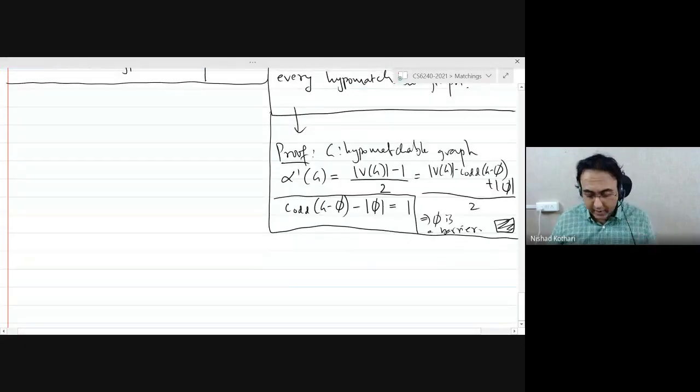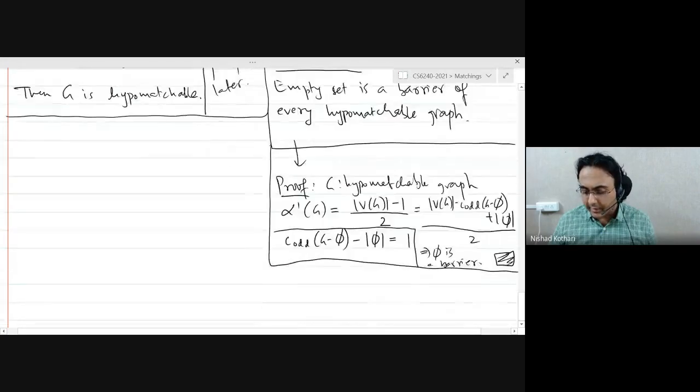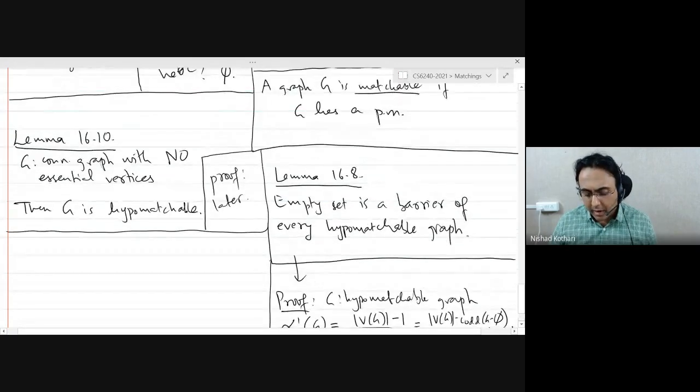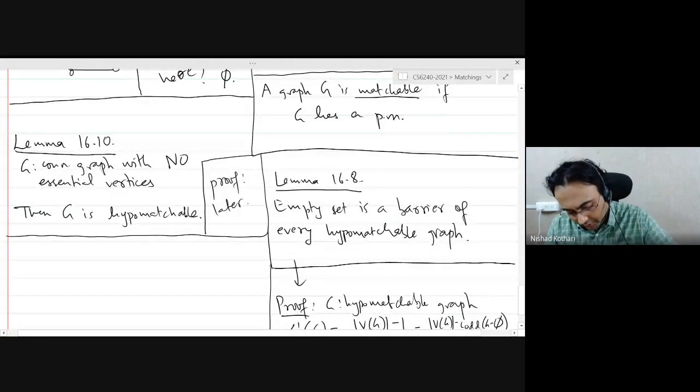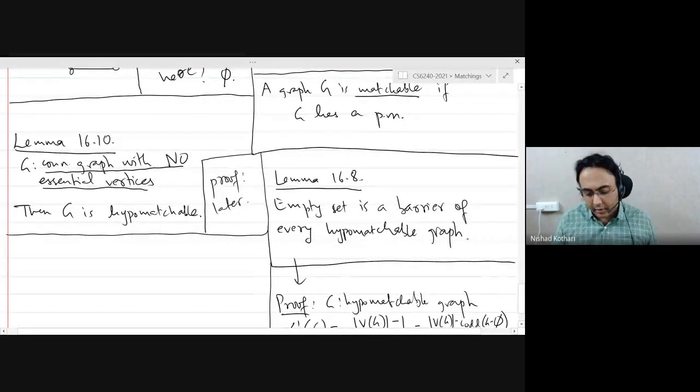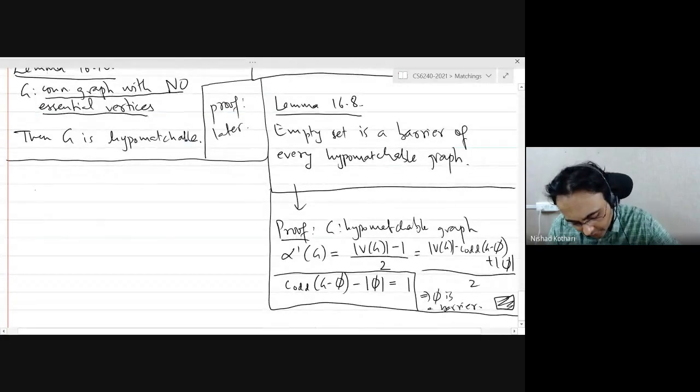Good. So in any hypomatchable graph, you have the empty set as a barrier. The only problem now is that these are the connected graphs with no essential vertices. What about the graphs that are not connected? Well, I will leave that as an exercise for you.